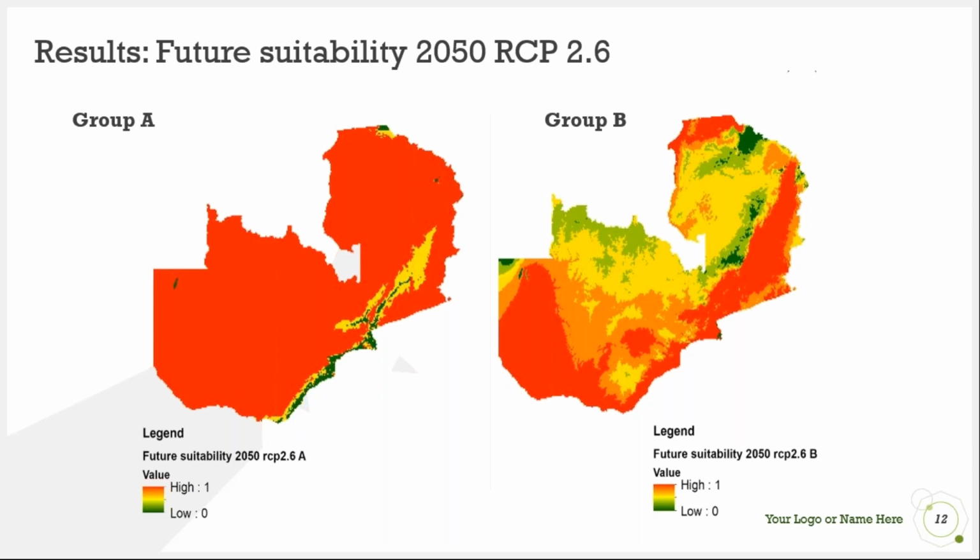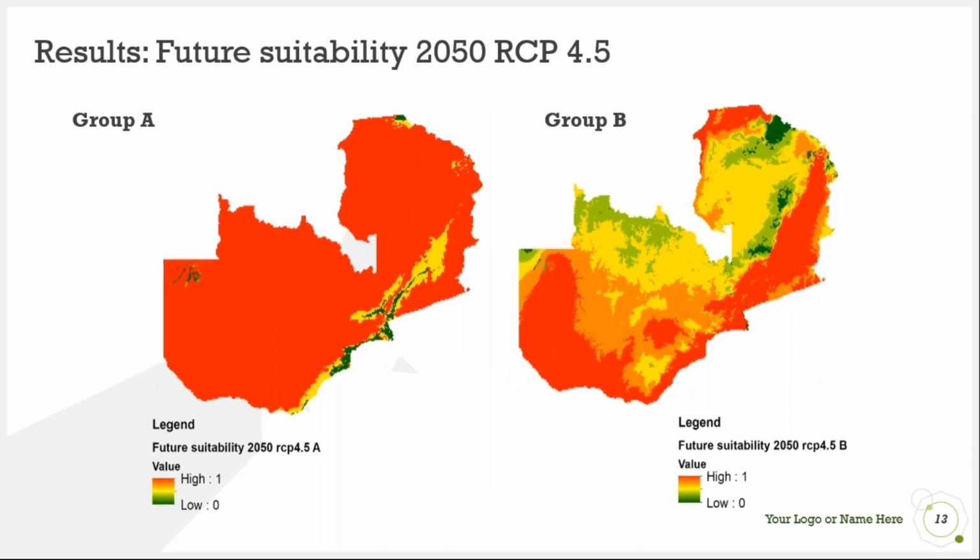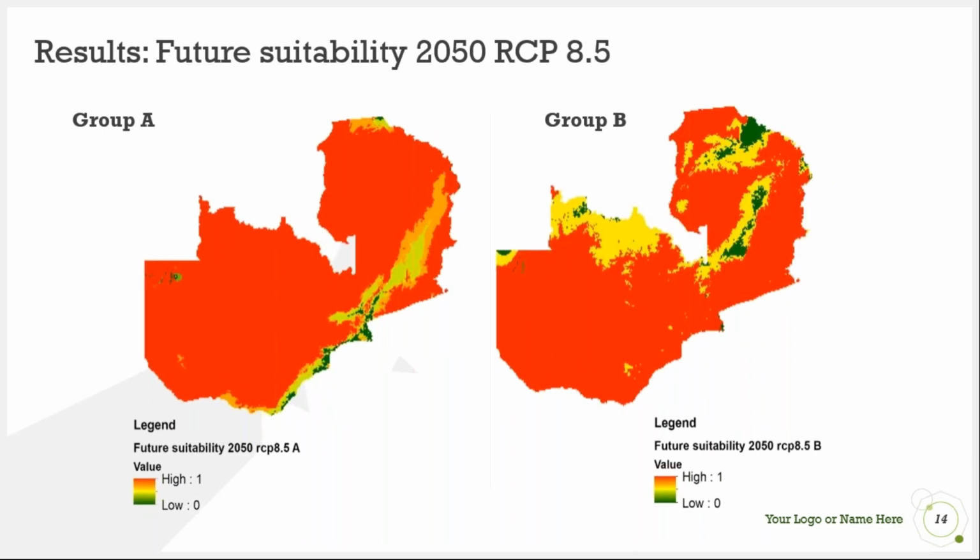So the northern part of Zambia should be cool and the southern part should be warm. So you find that the suitability will be decreasing from the north for group B and also from the south for group A. And similarly for RCP 4.5, but when you go to 8.5, because now this is just